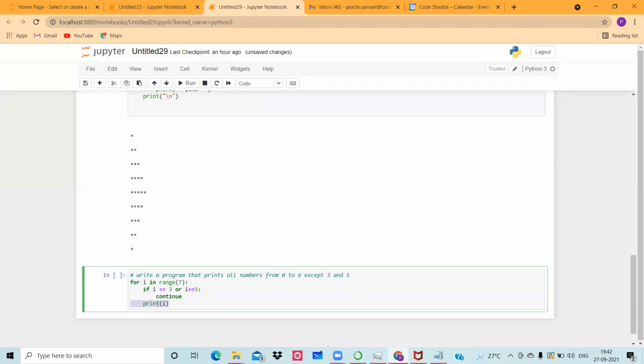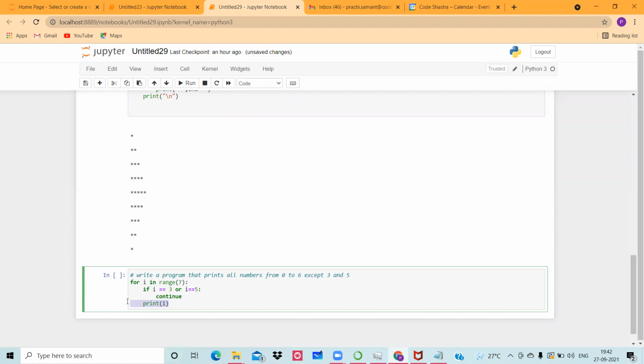When the value becomes 3, that time 3 lies in the range, it will go to this if statement. 3 equal to 3 becomes true, and because of that, your entire if statement generates a true result. Once it generates a true result, continue activates, and because of that, 3 will not be printed on the screen. So this print will not work because 3 is not printed, as it moved inside the continue. Continue skips the loop iteration, or skips that certain value,